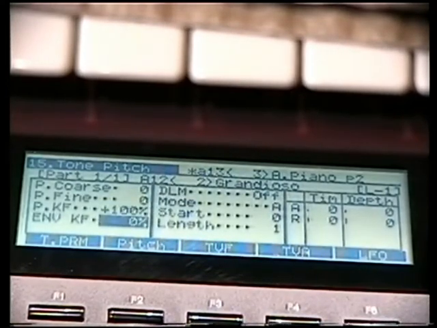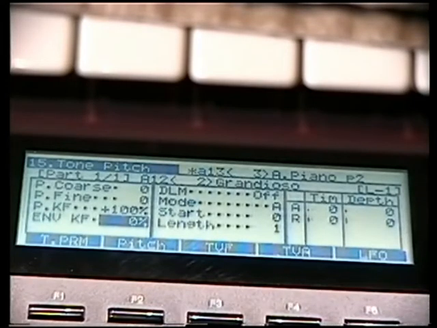And then you've got the envelope key follow. So what that does is you can adjust how the envelope follows the tracking of the keyboard. So for example, at the higher end of the keyboard versus the lower,